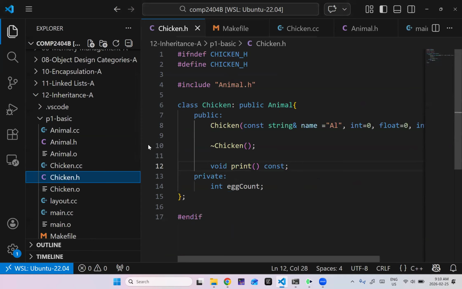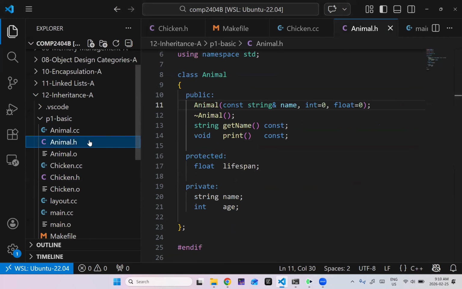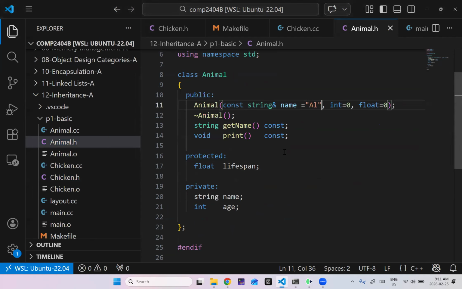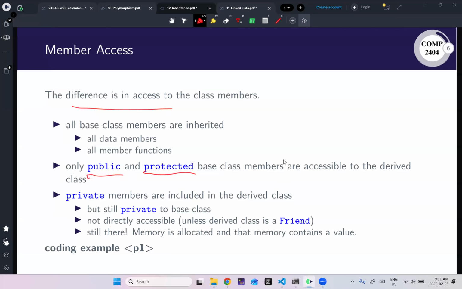Okay. All right, questions? Okay, so yeah, it's inheritance, but it's useful to think about it as composition, except now we